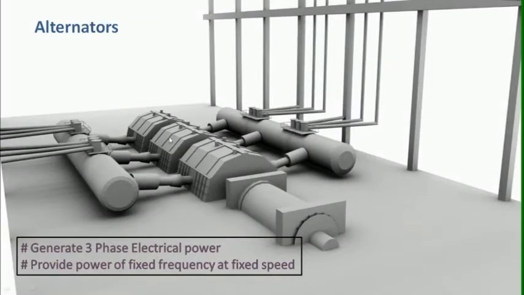They are used because they generate three-phase electrical power, which is more useful than DC power, and three-phase power can be transmitted up to long distances by increasing the voltage with the help of transformers. When we rotate them at a fixed speed, they provide power with a fixed frequency independent of the load. That is, the output frequency does not vary whether the generator is running at no load, running freely, or running at full load. That's why synchronous generators are always used.